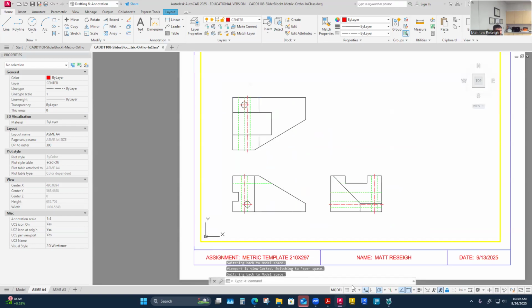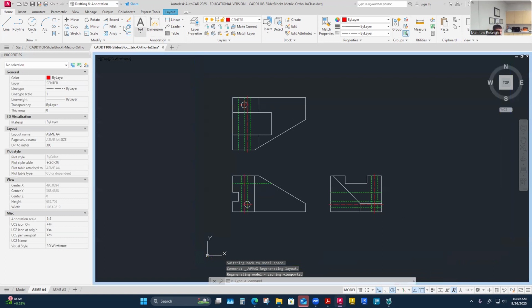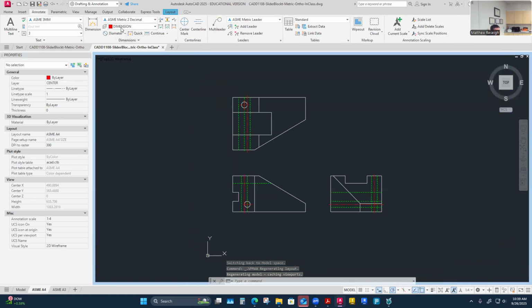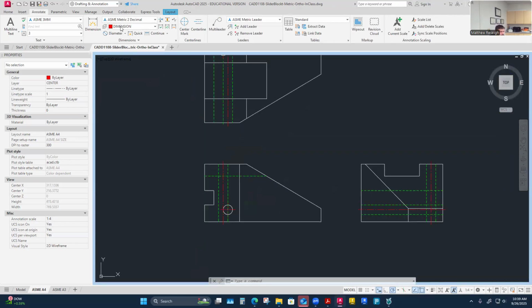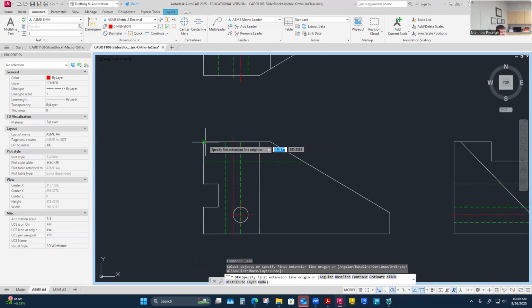I'm ready to dimension. So I'm going to go into the viewport now and onto my dimension layer. I don't usually have to worry about that because I always set up that I'm always going to use the dimension layer for anything on my annotate tab dimension. So let's do overalls and look at this part and then just start snapping dimensions where they may or may not fit. So overall, in the front view,